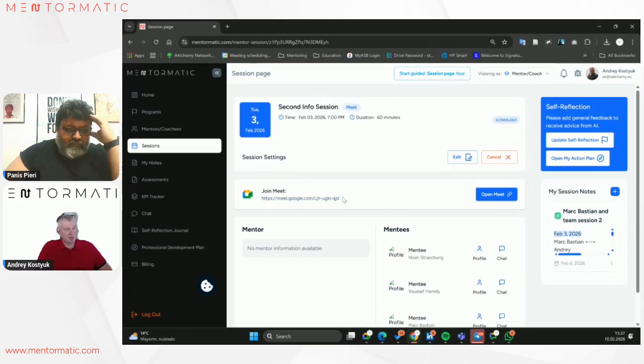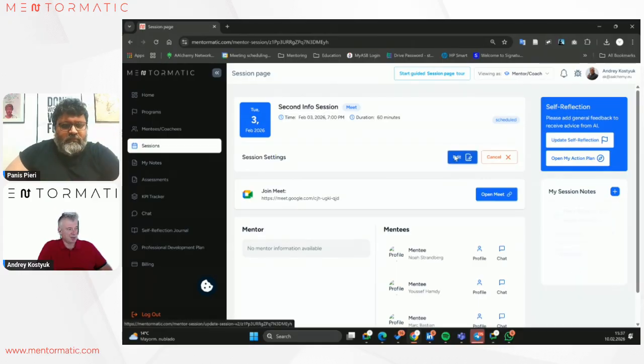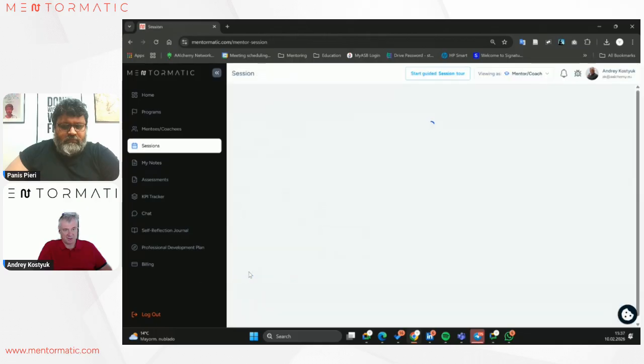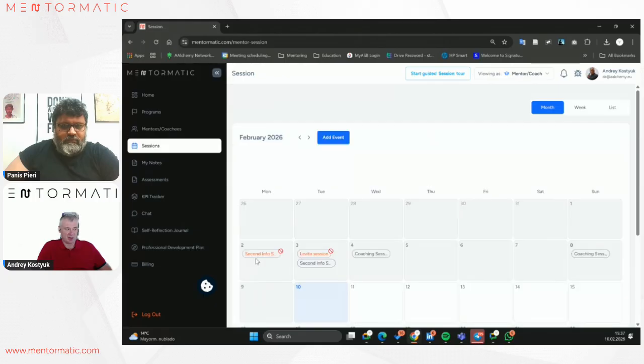You have here your Meet link, which you can use by default. And if you don't want to use the Meet link, as I said, you can go here in Edit and just copy paste here the link to the tool you prefer. And then just go forward and save it. As easy as that. And that would be obviously synchronized with your calendar, which is connected to your platform, to